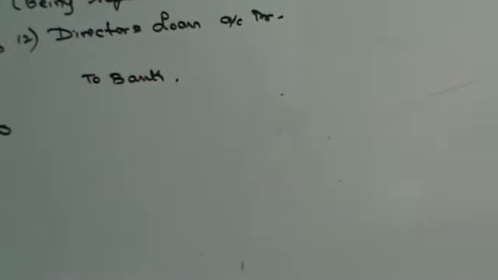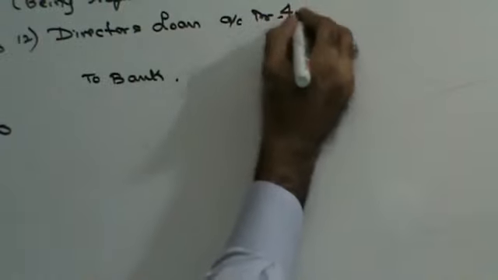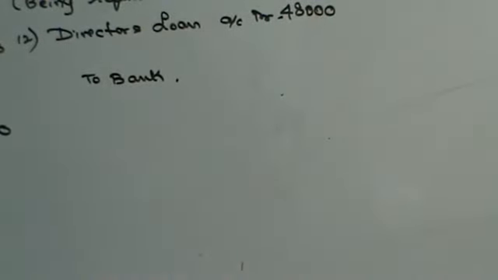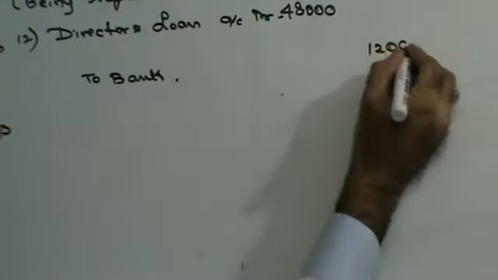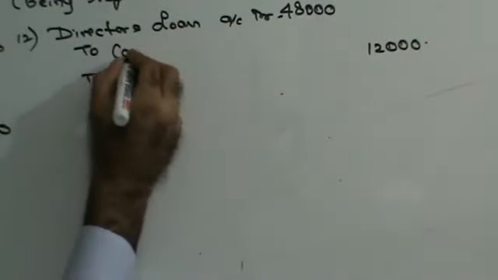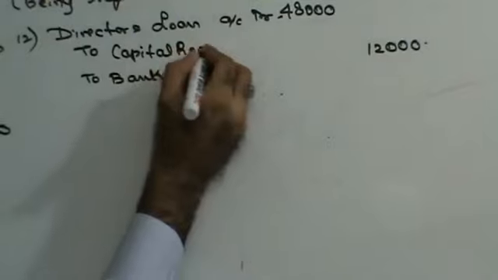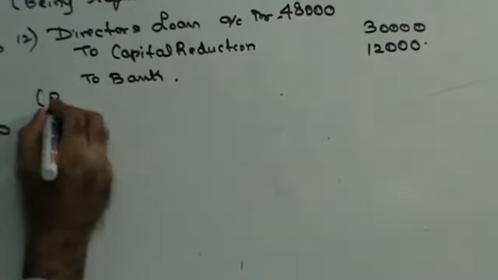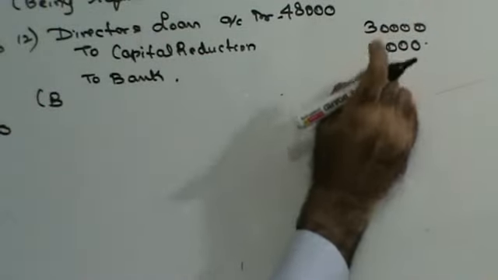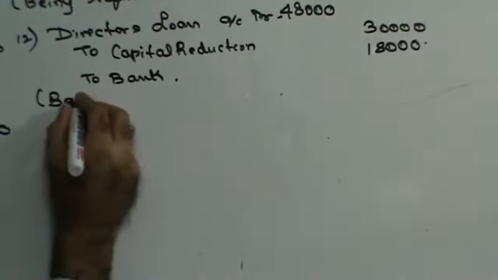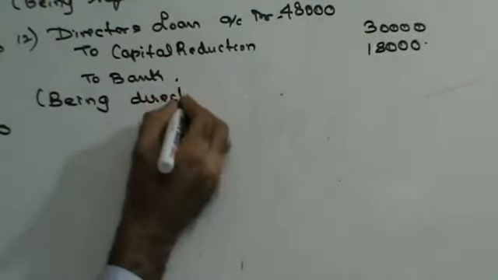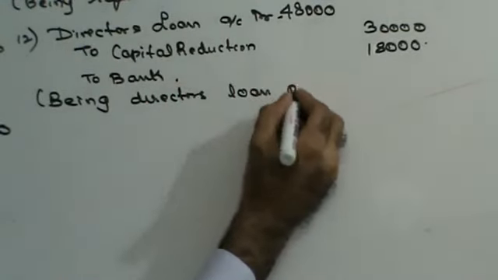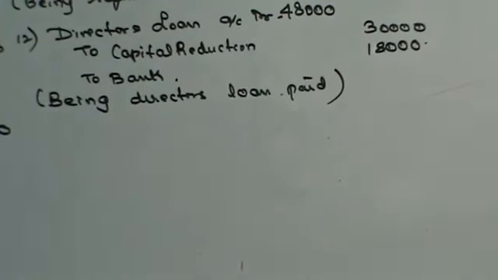Right? Now director's loan is, as per the balance sheet, no, they are saying that the loan amount is 48,000 as per the adjustment. Out of which, how much is recovered from the director for his liability? 30,000. So he has been paid only 12,000. To capital reduction 30,000. Being 18,000. Yeah. Being director's loan paid. Right. Next,